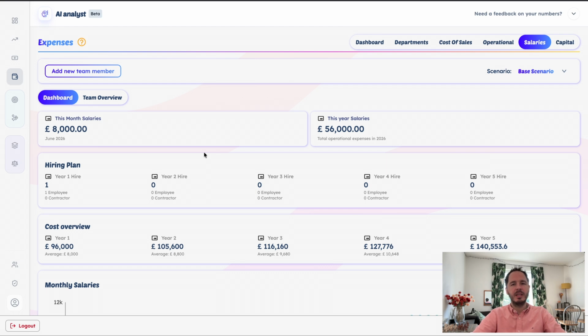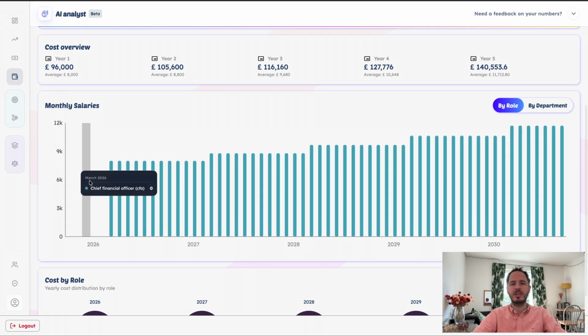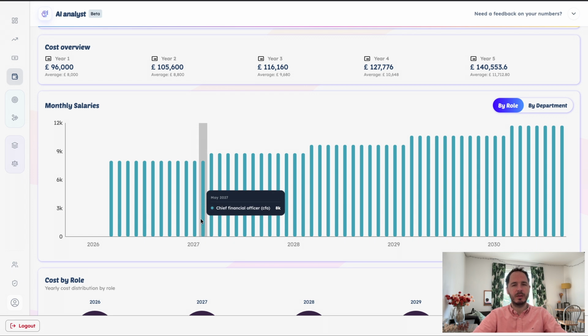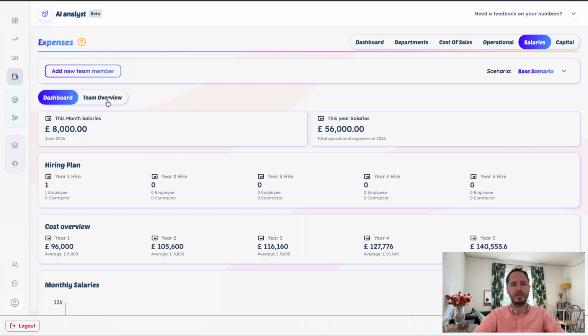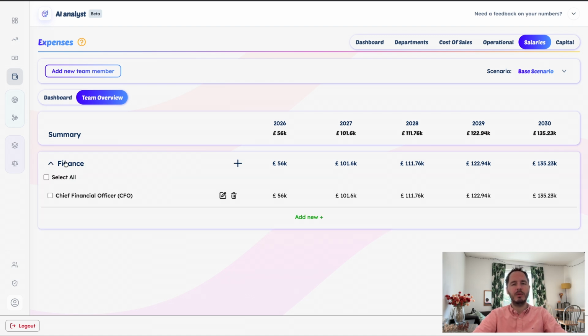You will see that this year's salaries total updates immediately to reflect Michael Stan's salary starting from June 2026, and the hiring plan will now show one additional hire in year 1. The cost overview and monthly salaries chart will also update to include his salary, so you can immediately see the impact of adding this person to the plan. Let's see the planned expenses tab. Here you can see a summary of the total salaries cost by year, and below that a breakdown by department,